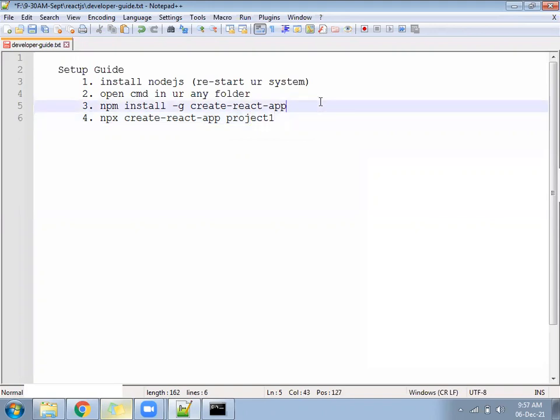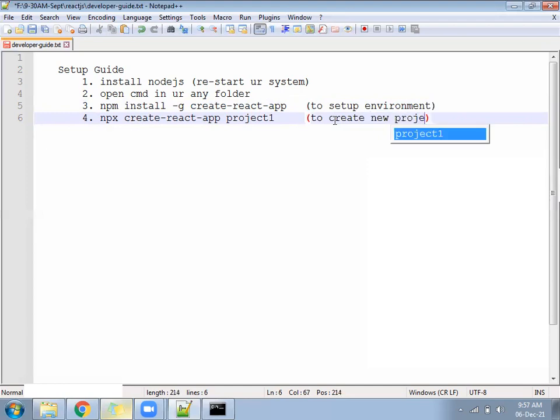Let me write here: to set up environment. Next one, to create a new project. Okay.